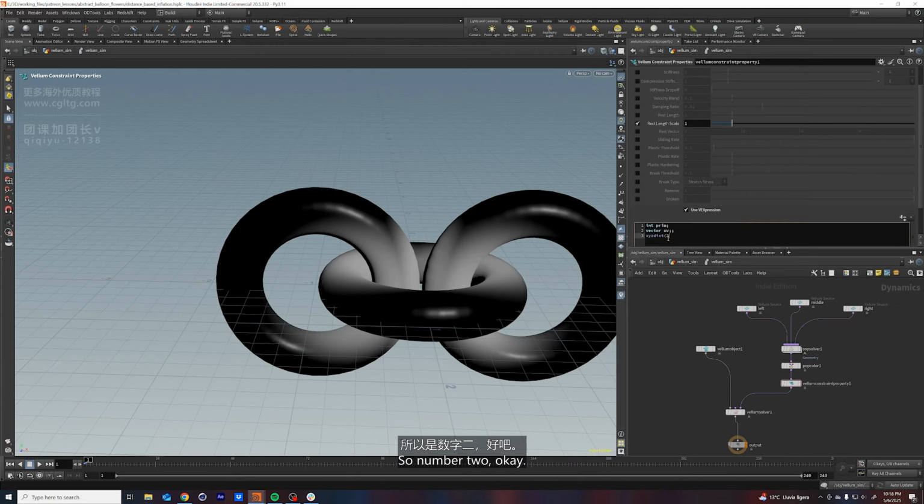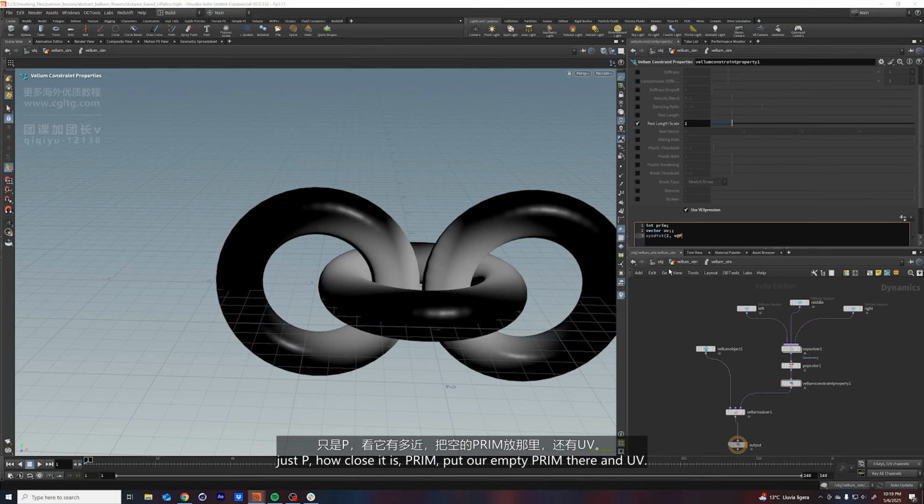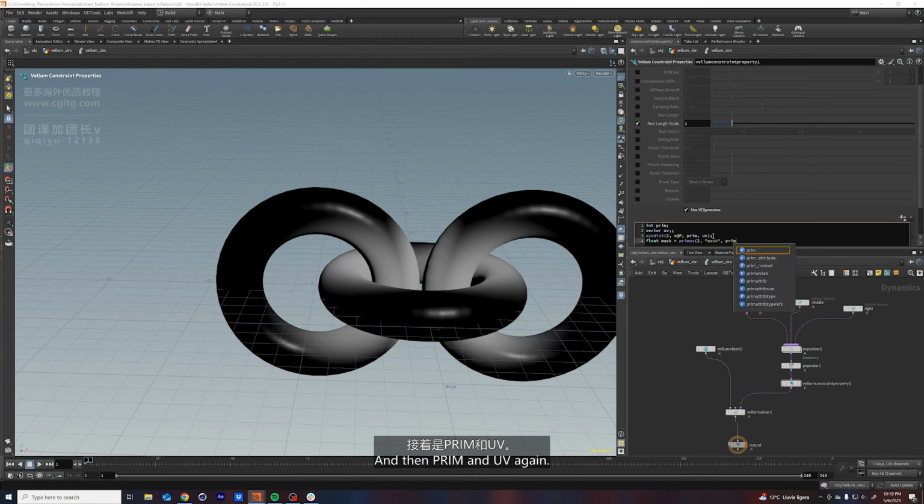Okay, so number 2. And then what we're looking for is just the distance, p, how close it is. Put our empty prim there, and uv. Whatever it pulls back, it's going to take this p and store it in these two. Then we need to create a float called mask, and that is going to be equal to primuv, and we're going to put down 2 again. We're looking, and then mask, that's the attribute we want to pull from that, and then prim and